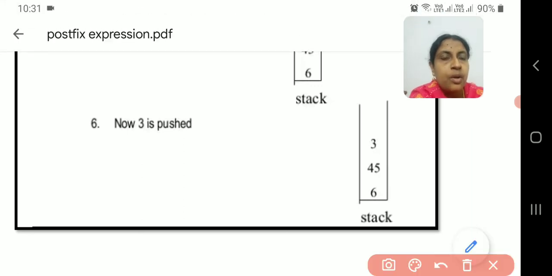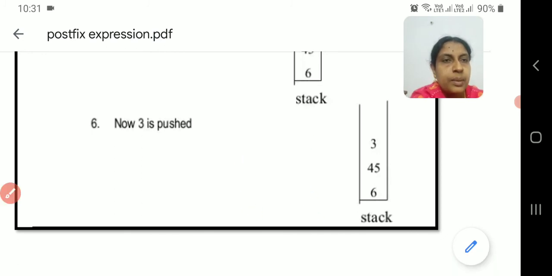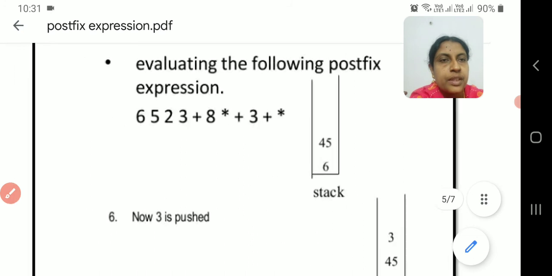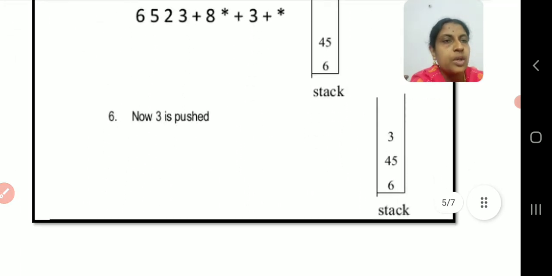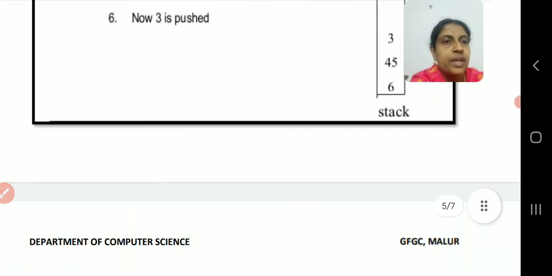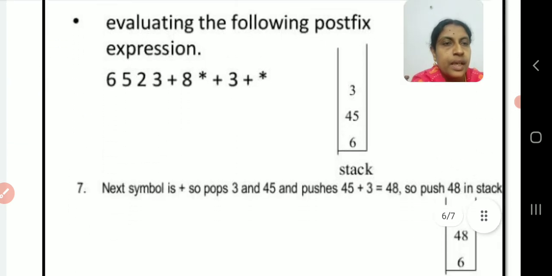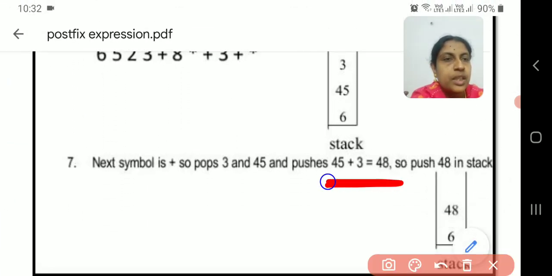After 3 you have once again a plus symbol coming up. If you could observe, you have a plus symbol coming up after 3. So if plus enters, what will happen? 3 plus 45, it will become 48. So here you could see 48 will enter. And the last symbol we have is